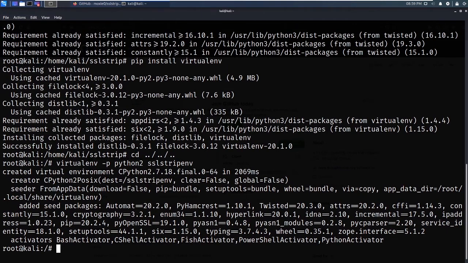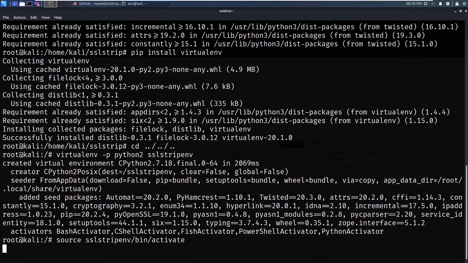Once your virtual environment is created, now we have to activate it. So type this command: source sslstrip-env/bin/activate and press enter.